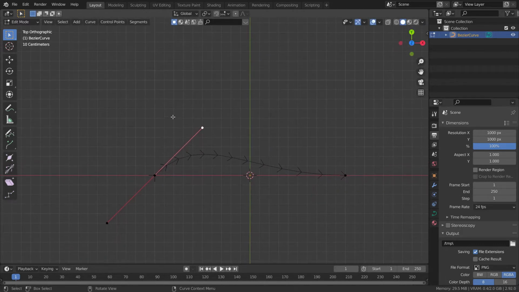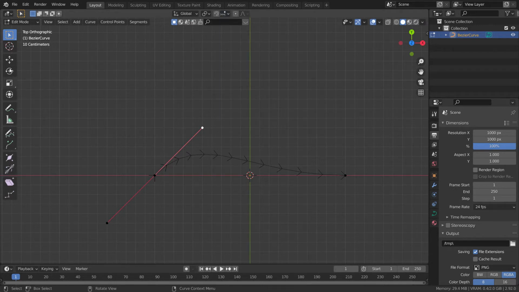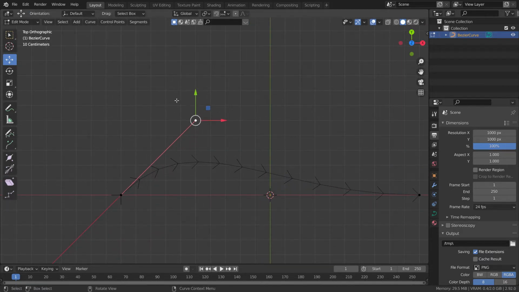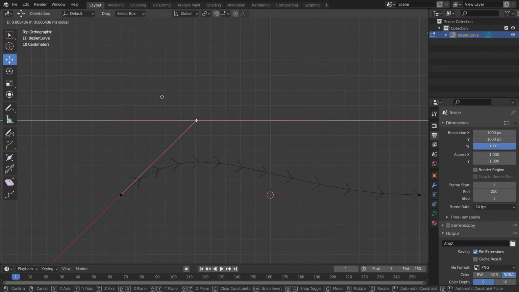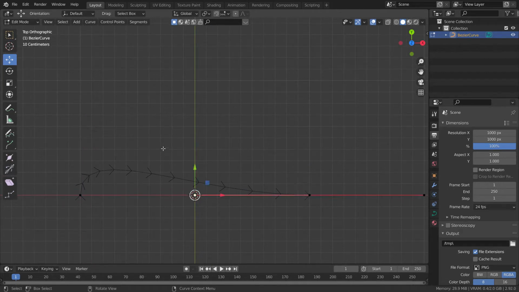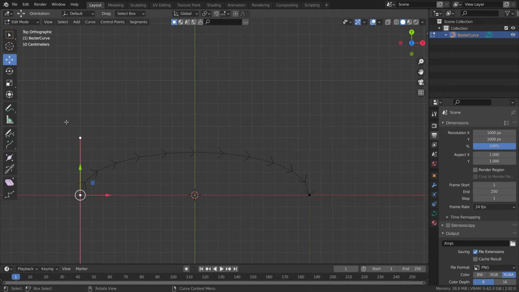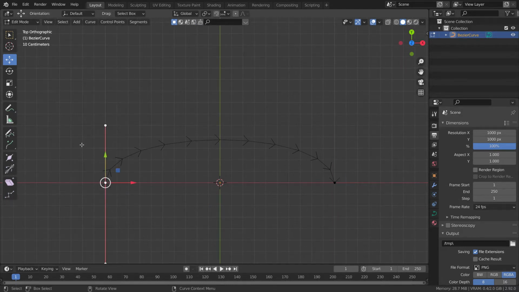For making a wire, I like to go into the snapping mode and turn it to absolute grid snap, and then in the toolbar I click on the gizmo for moving stuff. If I now hold down Control, I can snap it to my grid, so I get a little better control. I will just snap it to where my old grid was, and they are now both at equal distance.